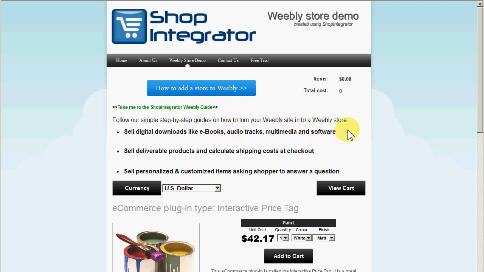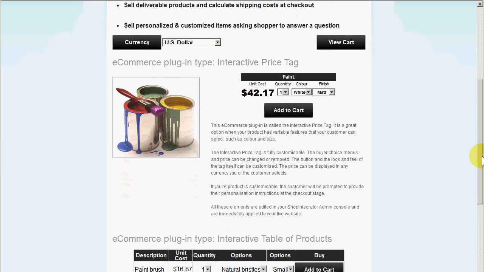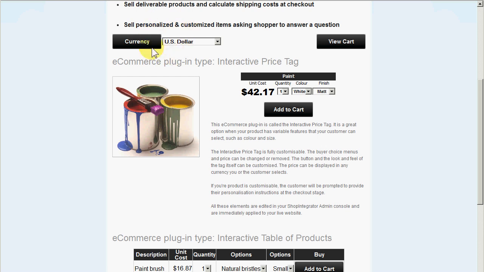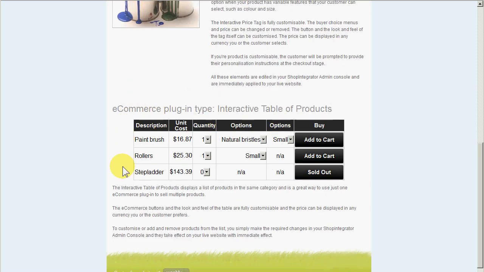So here's an example store demo page that we've created, and you can see here we've got the view cart button, multi-currency, so I could sell internationally if I want. Here it's changed to British pounds, change that back to US dollars. And we have a table of products here,